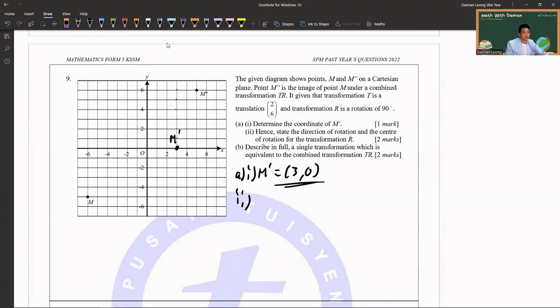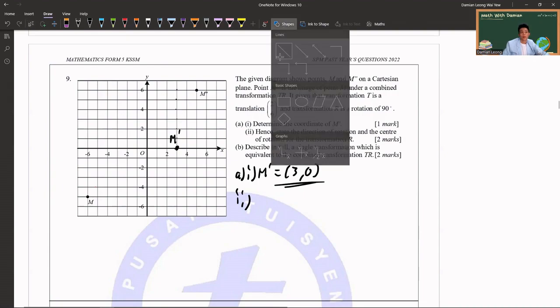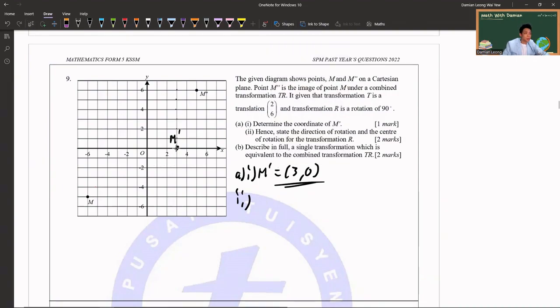Technically it can be something like that or like that. Okay. So we actually don't know which way it rotates, but if I find the center of rotation, I would